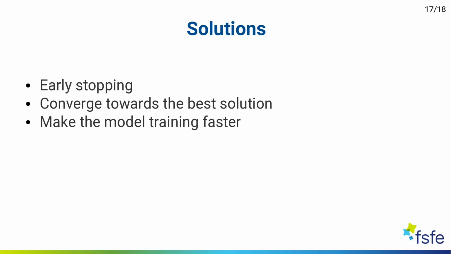What you can do also is to make the model training faster. Maybe you don't need all your data or all the complexity of your training loop to adjust hyperparameters. So maybe you can reduce the number of epochs required to train the model, or you can reduce the size of the dataset used to train the model in the context of hyperparameters tuning. That will make the model training faster, and therefore you can try more candidates, more combinations of hyperparameters.